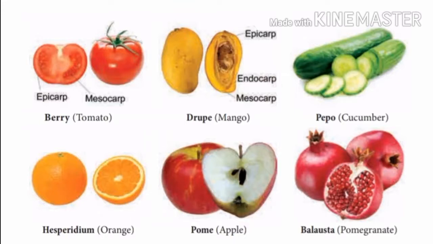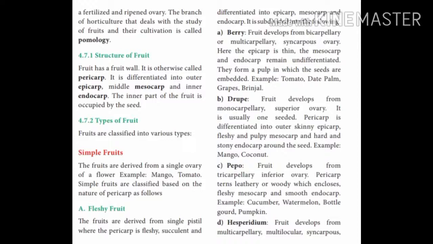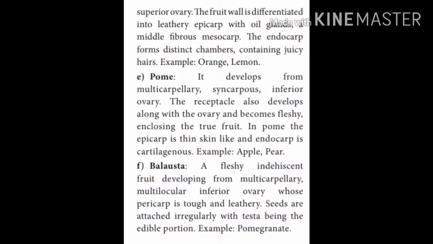And now let's move to the answers. Here you can find 1, 2, 3, 4 types. The explanation is given. You just minimize the points to simple ones and take down the explanation. From this, it's page number 114. In 114 you have got this. The remaining 2 more points are found beneath the diagram on page 115. Pome and baluster. So these are the answers for the different types of fleshy fruit. You have to make it into a tabular column and write the answer.